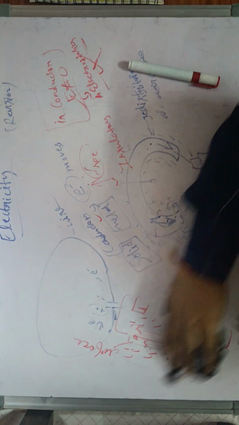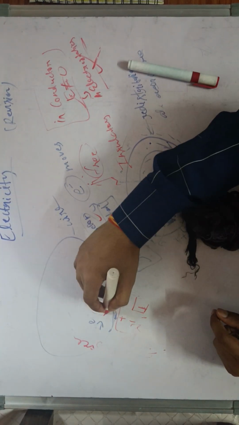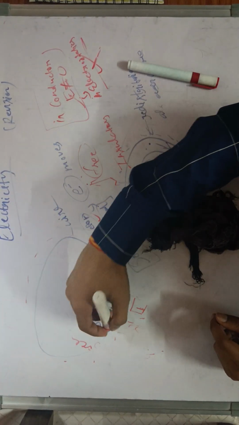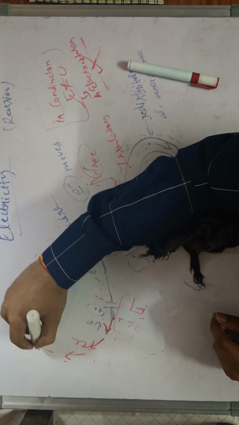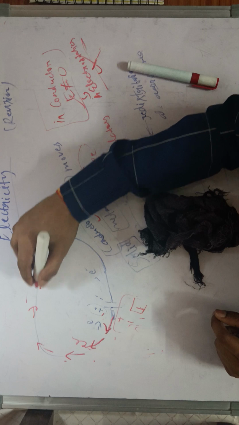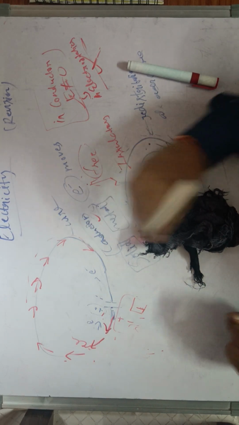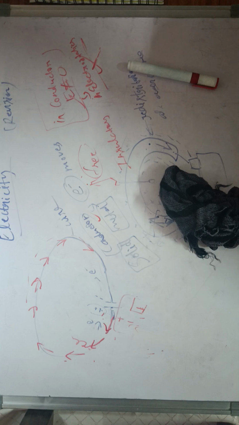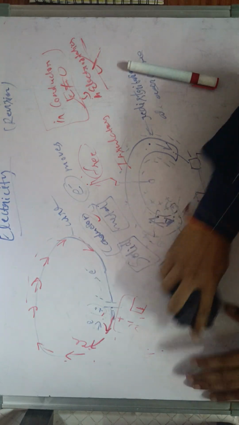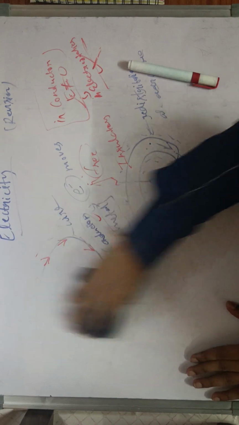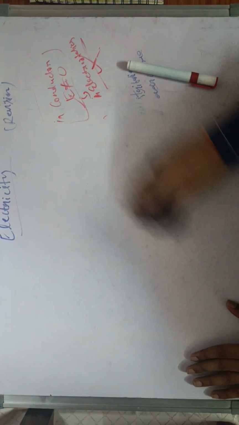Even though the shape of the wire is like this loop, still due to the distribution of charges in the wire, the electric field in the wire is along the wire, like this. The electric field is along this path of the wire. So this is how the electric field is generated inside the wire. And once the electric field is generated, the next step is